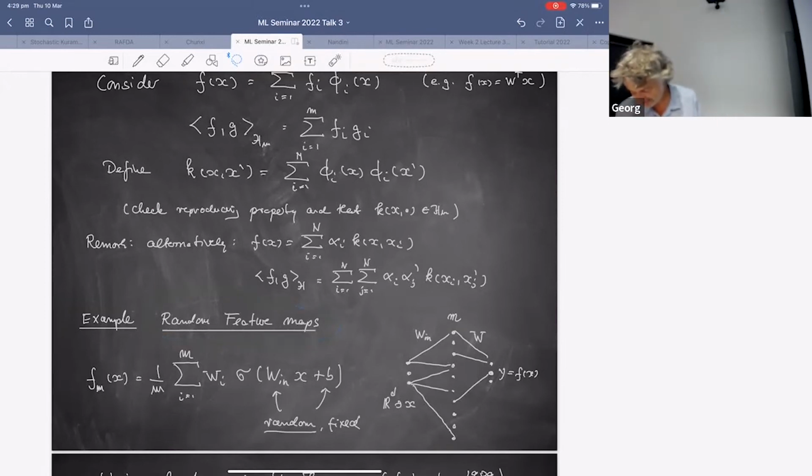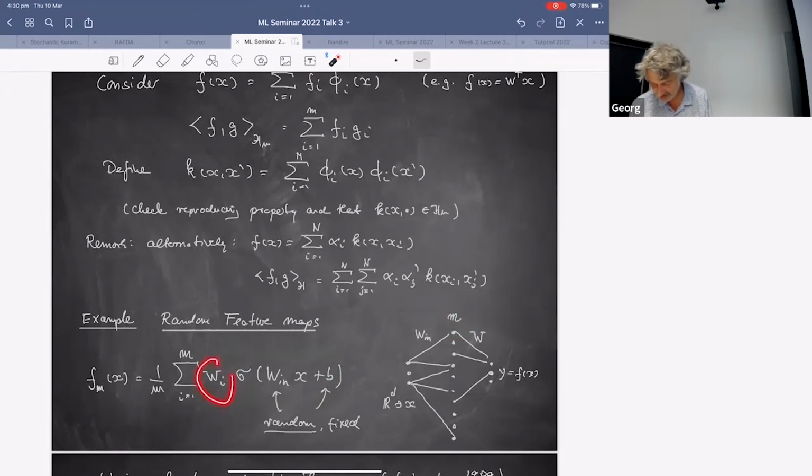Okay, so random feature maps are the following. I have an x in R^d. I hit it with a linear transformation where the bias and this matrix here are drawn randomly, but they're fixed. We draw them randomly, but they're fixed, okay? And then I threshold component-wise. So this whole thing here lives in some R^m.